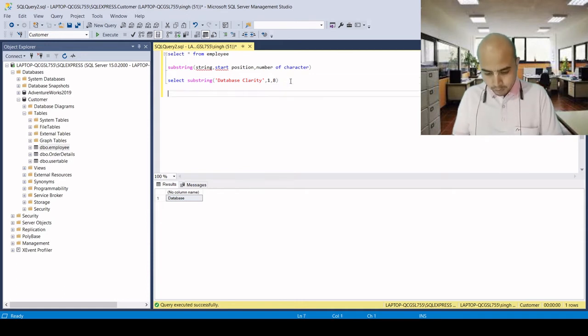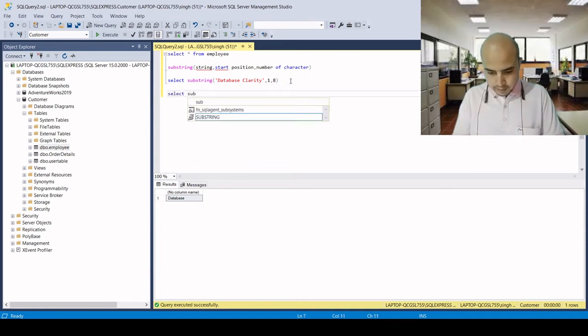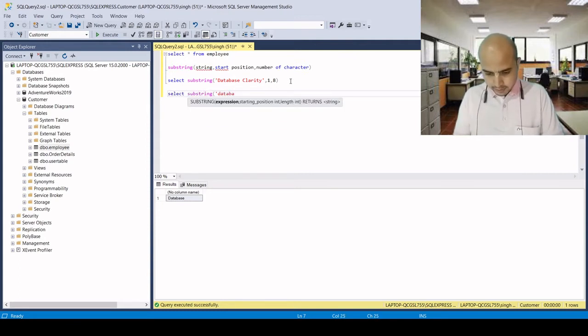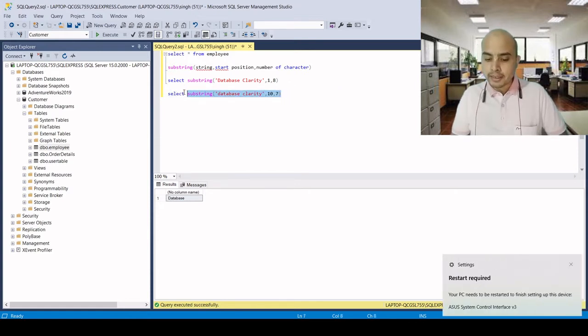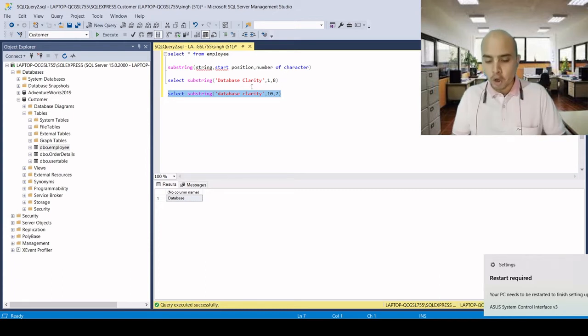I'm just giving you one more example. Select substring, let's say database clarity, and if I start at 10 and take 7, it will start from the 10th character and fetch 7 characters.